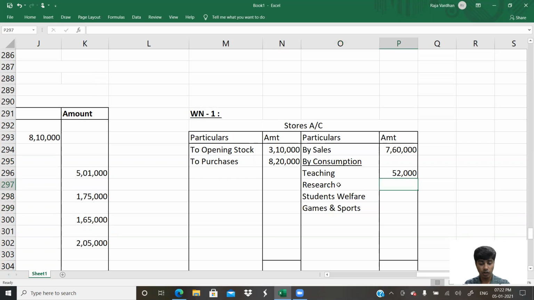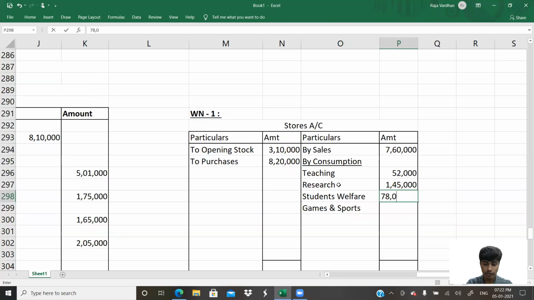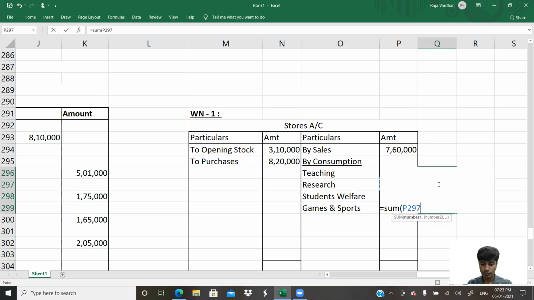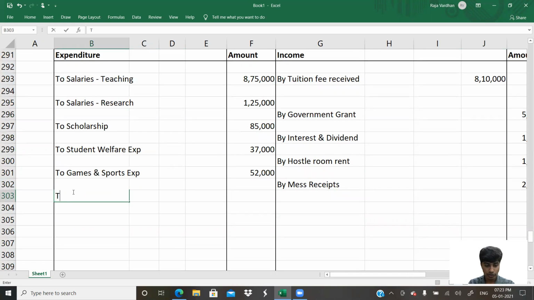52,000. Next we have 1,45,000. Next we have 78,000. After that we have 24,000. So total consumption is how much? Sum of all this is 2,99,000. 2,99,000 is the consumption of stores, which should go to my income and expenditure on the expenditure side. So I'll write here